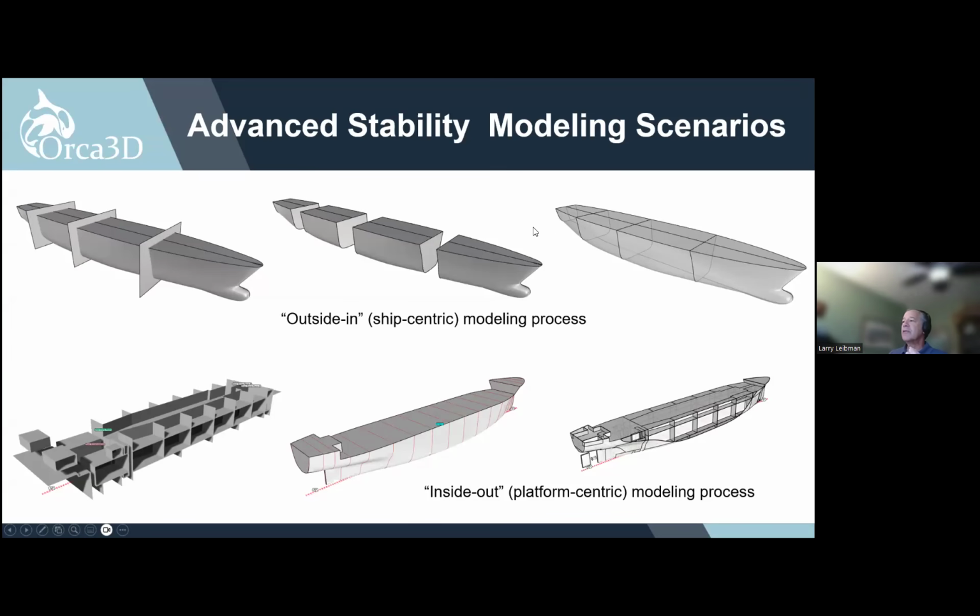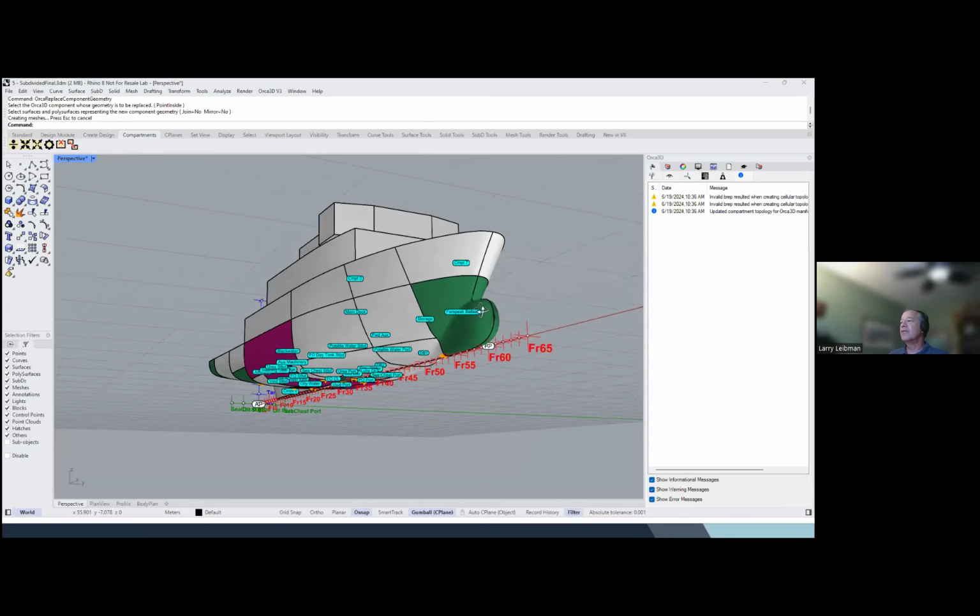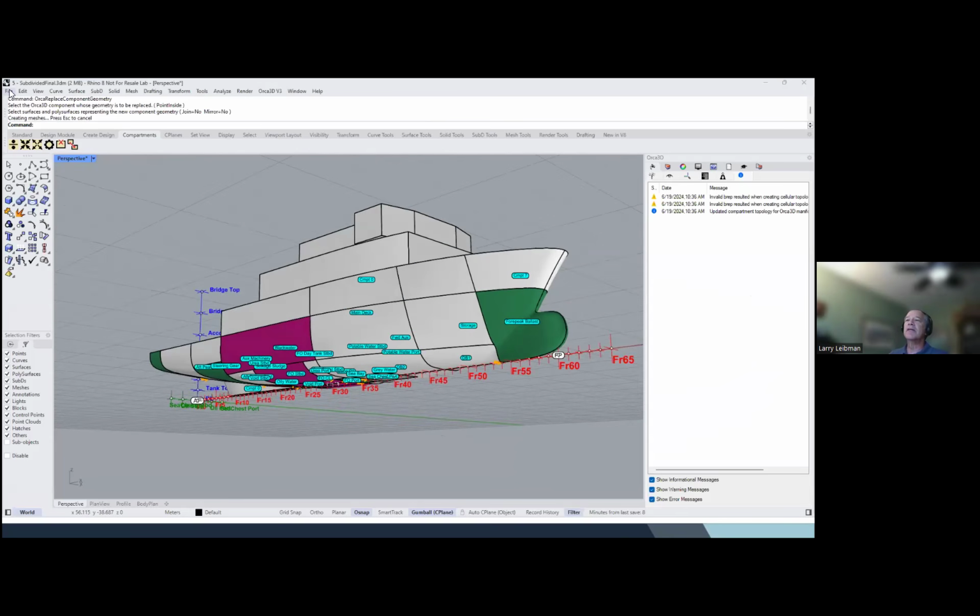But we have other times where people take a more, what I call, platform-centric approach, or inside out. In other words, they view the hull design as just something that has to be wrapped around a platform that is serving a particular purpose. So they design all the innards, the inside portions of the model, what it is in terms of area and volume they need, and then they wrap a hull around it. And the idea here is to show you that this mechanism is supported with the advanced stability model in Orca3D